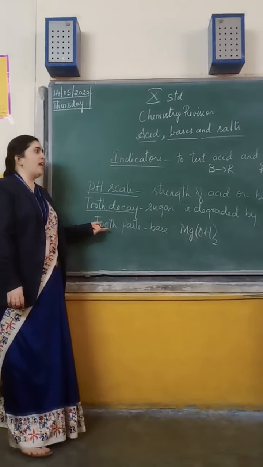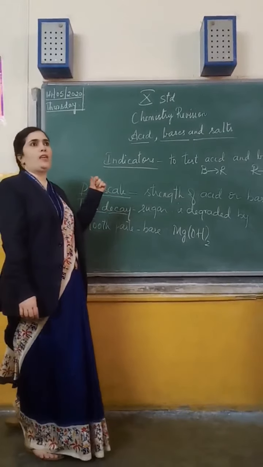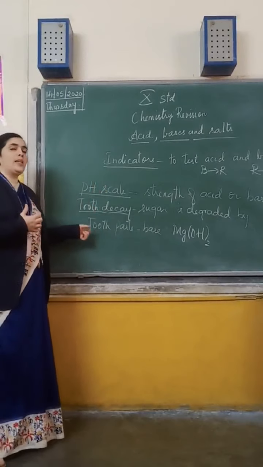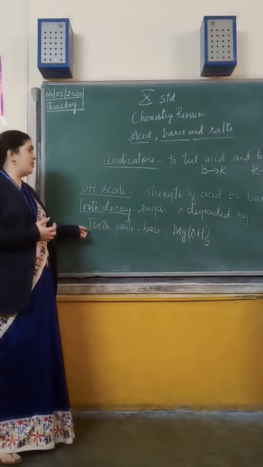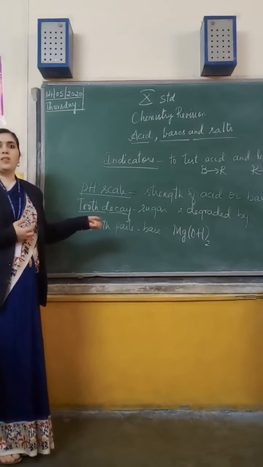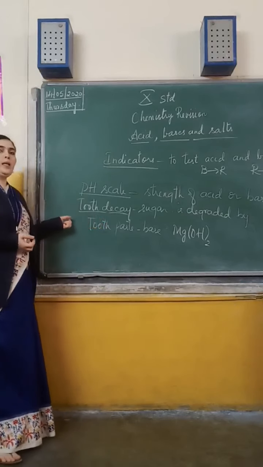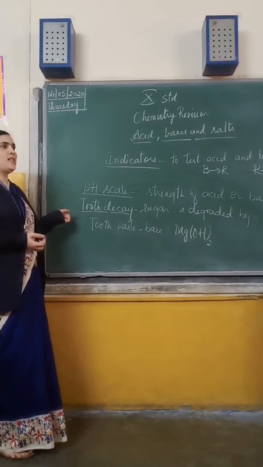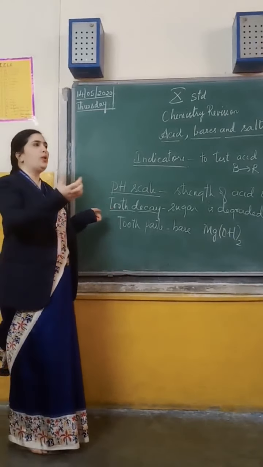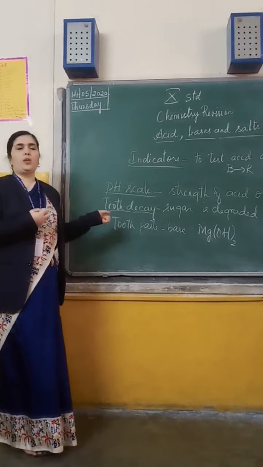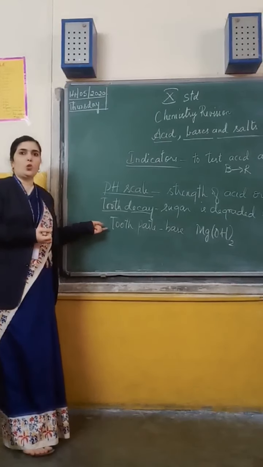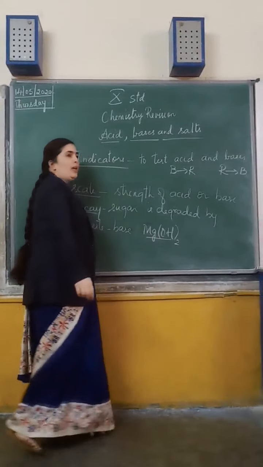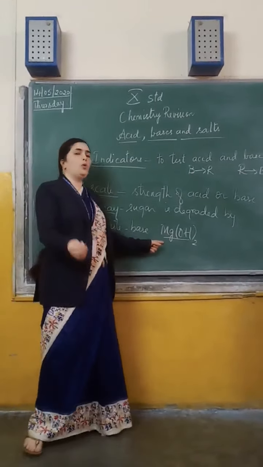That is also one of the everyday pH changes going on in our body. Even when we have some burning sensation in our stomach, when there is excess secretion of gastric acid or gastric juice, that is HCl in our stomach, there will be burning sensation. What do we do? We take some base. Antacids we take, in the form of ENO, or some syrups, or some antacid tablets. What is there in that? In that also magnesium hydroxide, milk of magnesia is there. That will neutralize the acid.